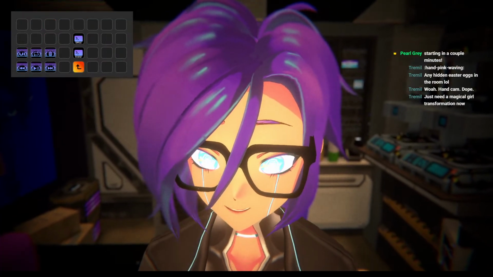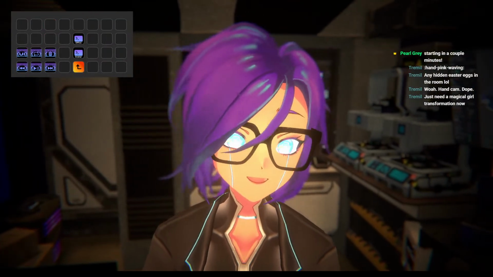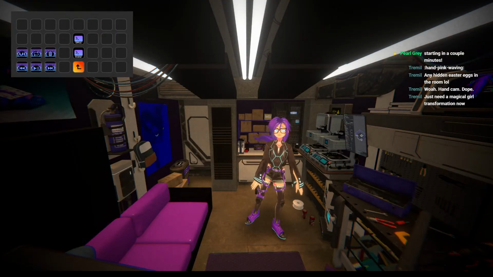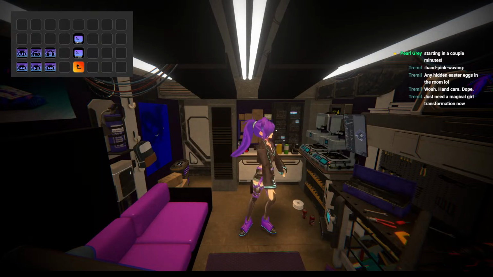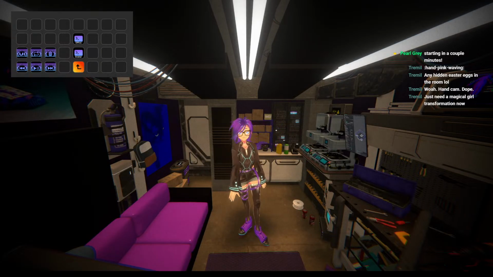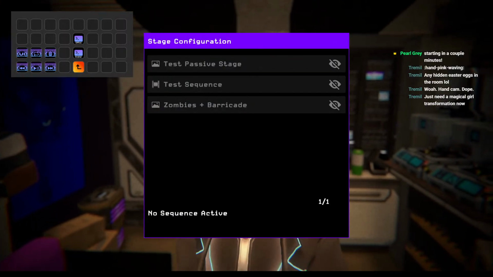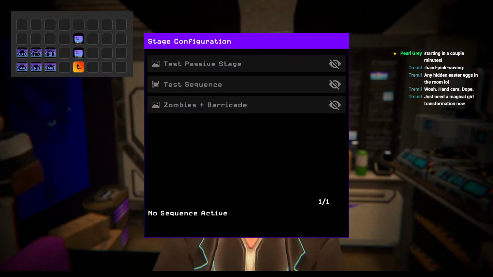But there's this thing I call stages. This environment is pretty cool, but it doesn't have too much going on in here. So what I can do is bring up this UI, and it lets me configure